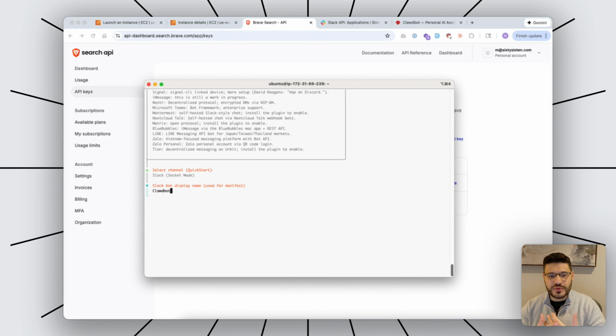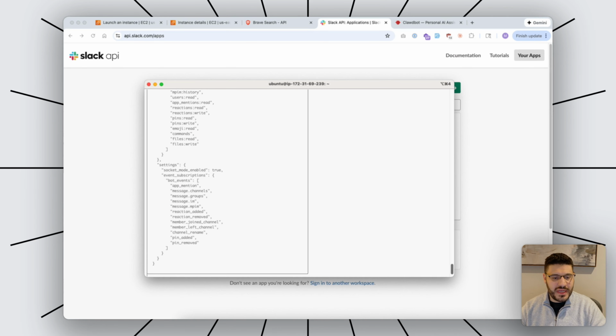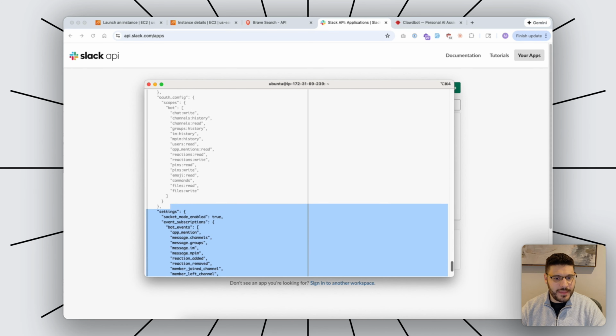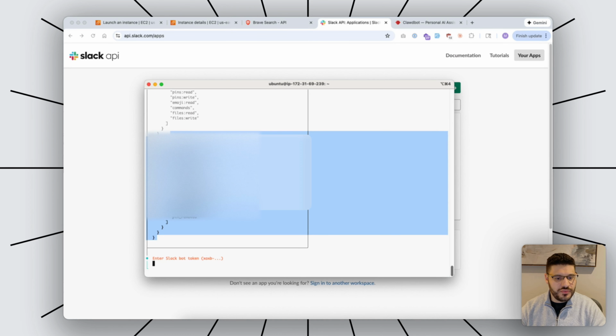Now it's going to ask us for some Slack bot details. And I'm just going to call my Slack bot 6610 ClawdBot. And then what this is going to do is create a manifest JSON at the top here that you'll just need to copy and paste real easily. And essentially what you're going to do is go into